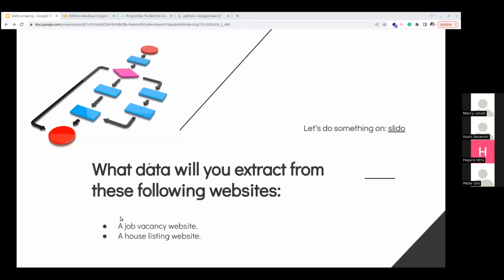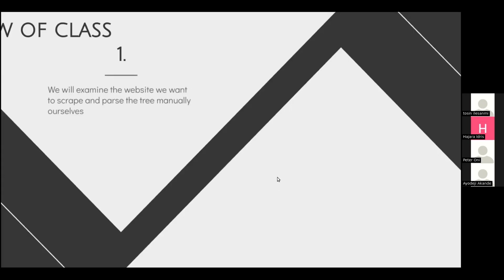And I'm going to ask, so this is the question. If you are scraping data from a job vacancy website, what are the things you want to extract? Think of this as a job vacancy website, the common one in Nigeria being jobberman.com, or some of us use LinkedIn Jobs. I post jobs every Thursday, right? So if I'm scraping web data from a job vacancy website, what kind of data will I be looking out for?